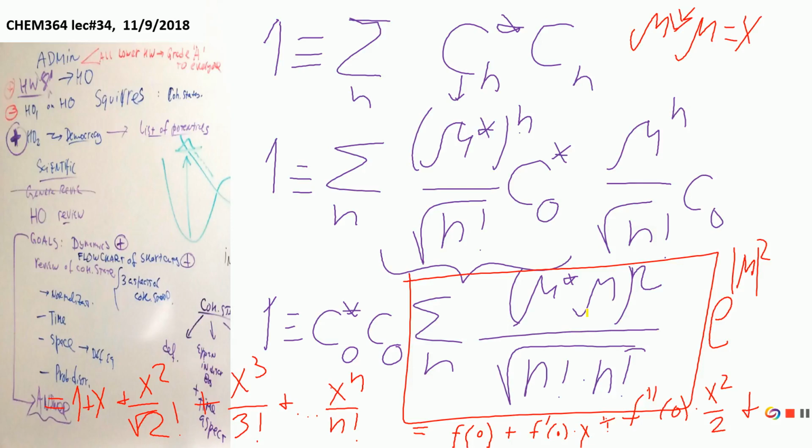So here is what we are going to do. Multiply C sub n times C sub n with star, make summation, and make sure that it is equal to 1.